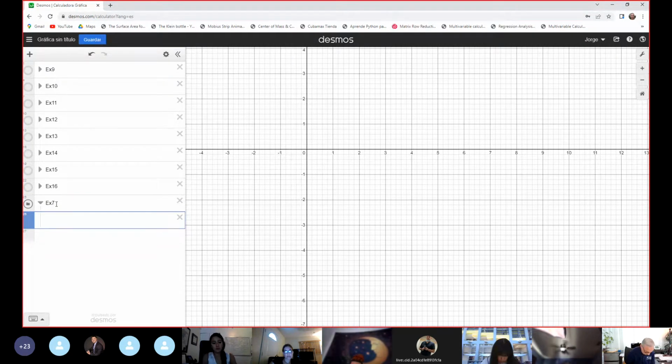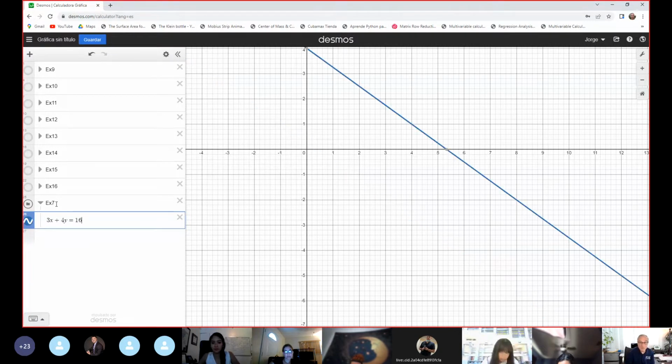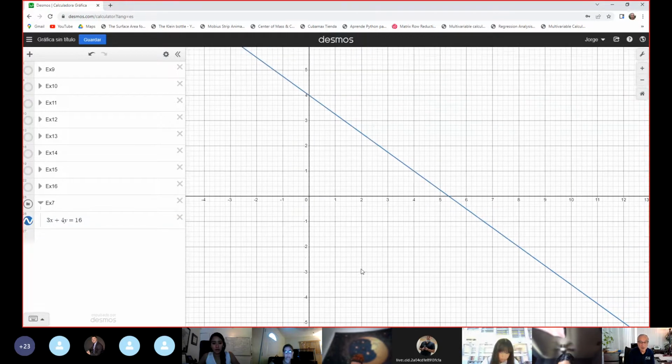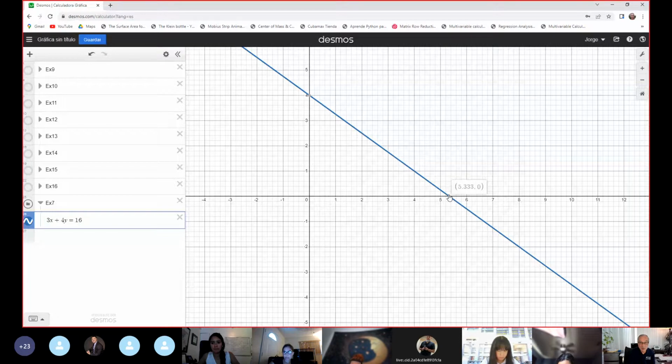Okay, 17 says 3x plus 4y equal 16. Okay, this is a line. And the intercepts are, look, 5.3333. This is the only disadvantage of decimals. Okay, when it's a fraction,